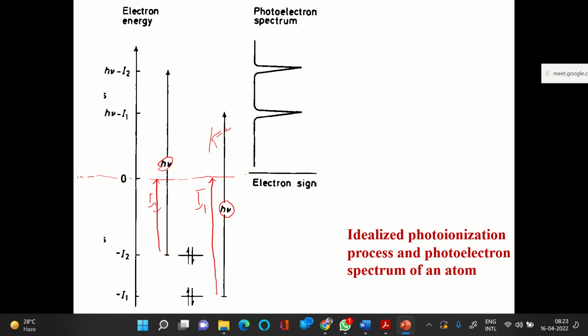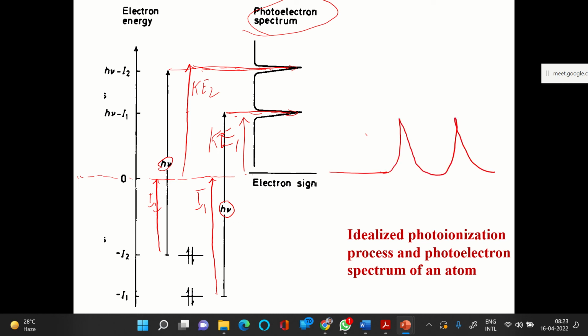So you have kinetic energy 1 appearing over here, and for the second electron you will have kinetic energy 2. So different energy channels you can have, and you can analyze at this point. A typical photoelectron spectrum will appear as a plot of kinetic energy, something like this. Corresponding to kinetic energy, the first one, ke1, will appear here,